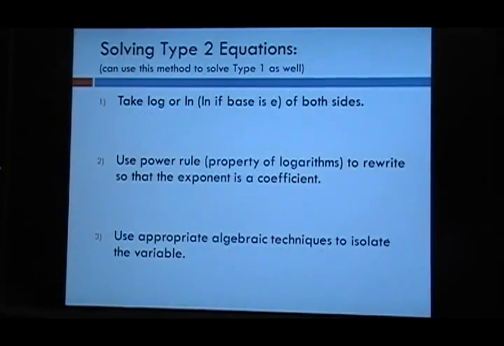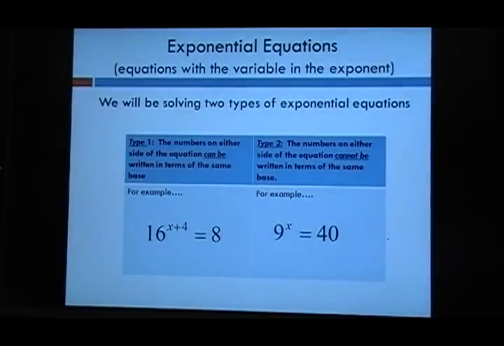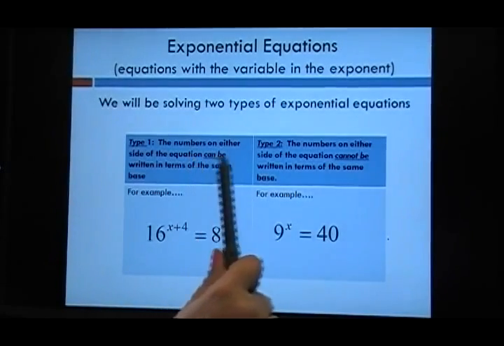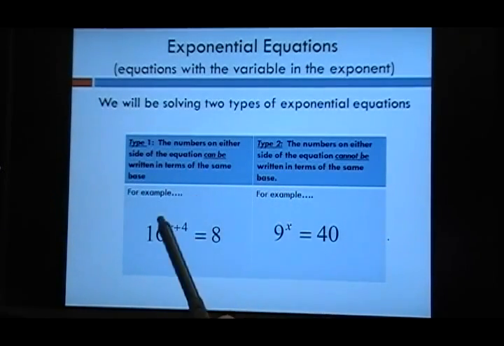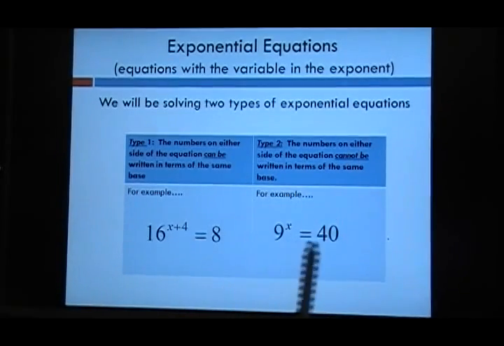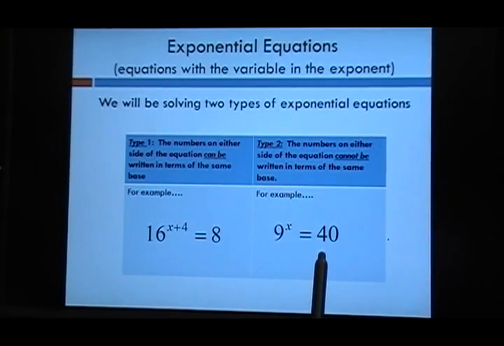And then if we're dealing with exponential equations, we also have 2 different methods. Now I have to say, when you're dealing with an exponential equation, you can always use this method. So I could have solved this one by taking the log of both sides as well. It's not always advisable. Sometimes you get